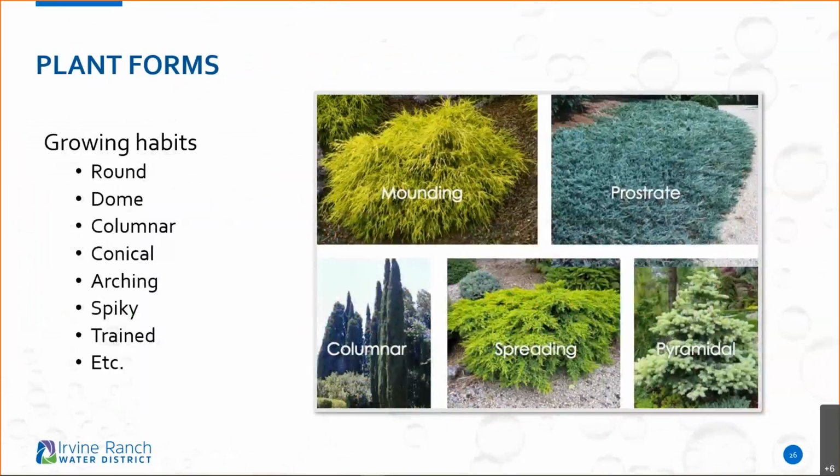Size and growing habits are very, very important. How big do these plants get? How do they spread? How much are they going to spread? Are they going to start getting too close to each other? Am I going to have to prune them harder? So it's always important to consider those plants at full growth. How big is this plant going to get? Do I have enough room? And how many am I going to need, of course?